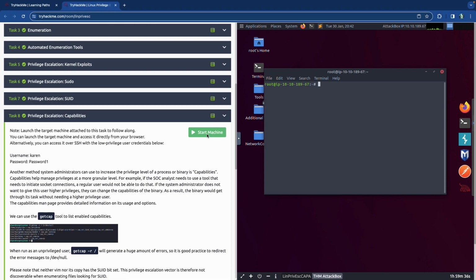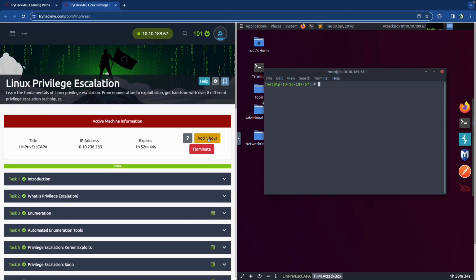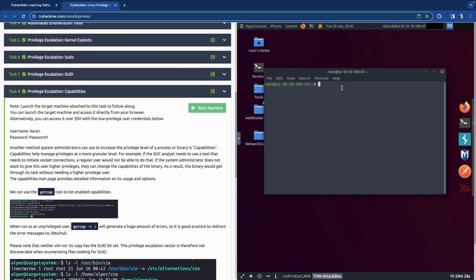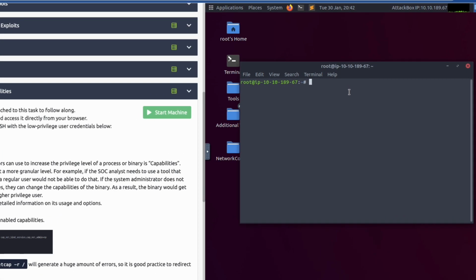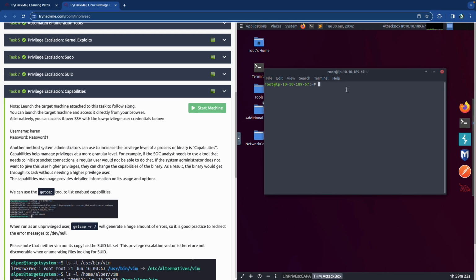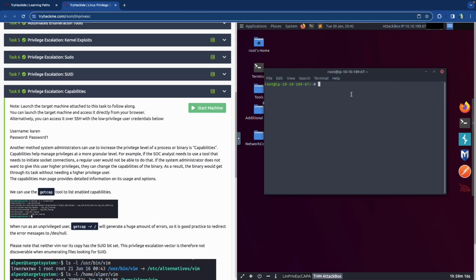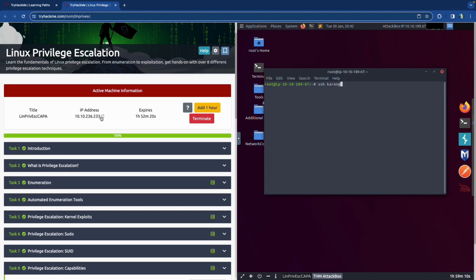When you click the green button right here, it starts the Linux box. And then at the top of the room, there's a blue button called Start Attack Box. You click that and it starts this particular one, which is the Ubuntu Linux machine. From here, we would just need to SSH into this user that we have right here, which is Karen. So we're going to SSH into Karen's machine, and it's going to be Karen at, and then whatever this IP address is that gets generated for you